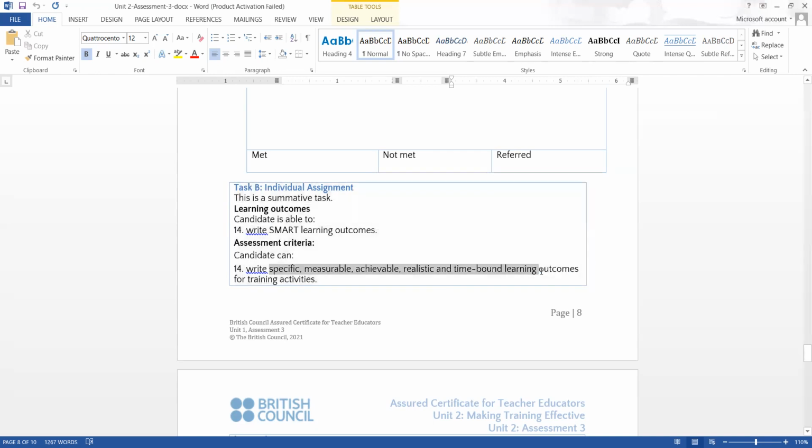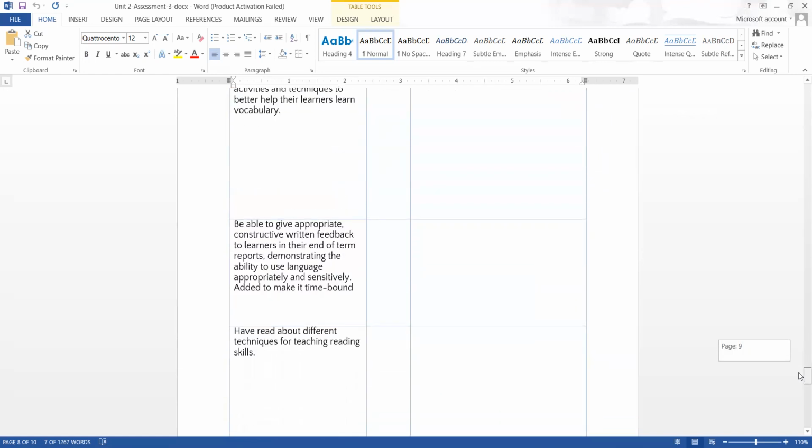It's basically part of the assessment criteria. So we have 4 learning outcomes. 2 of the learning outcomes are SMART and 2 are not. So you have to identify the ones which are not SMART and then make them smarter. So these are the learning outcomes.